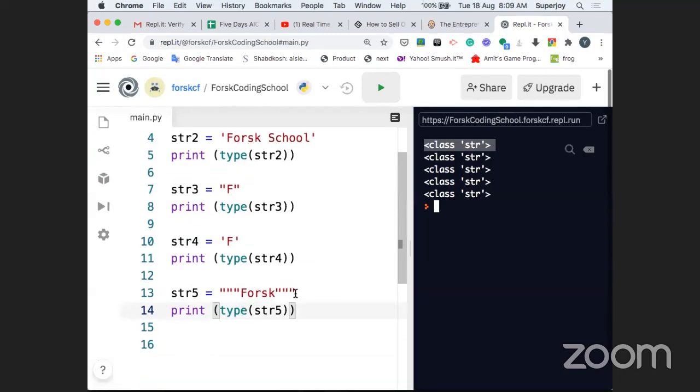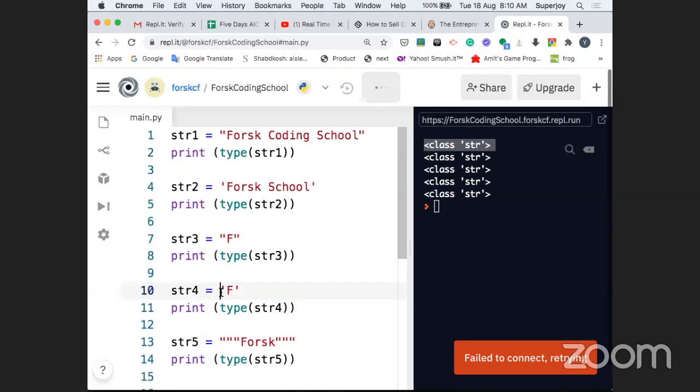Although we use triple quotes, that is not a very commonly used practice. Yes, Lalit, there is a specific use case, but what I was saying is that in general practice, we don't declare or define strings this way. Although it is allowed in Python, no doubt about it. We use triple quotes for multi-line commenting, and this triple quoted string is called a